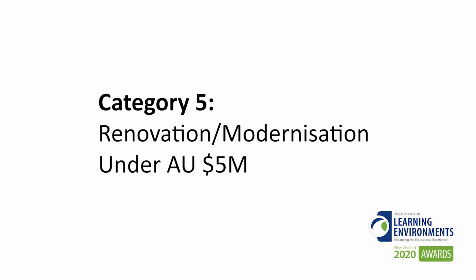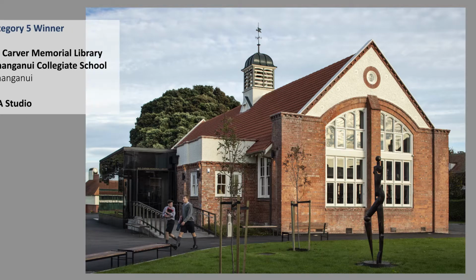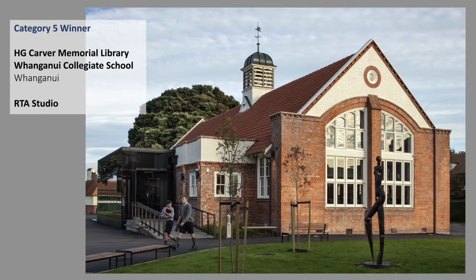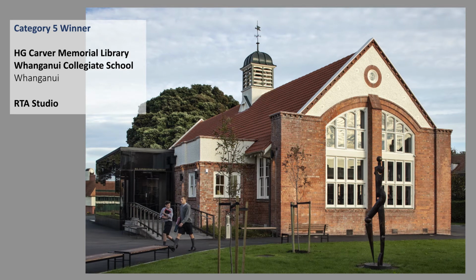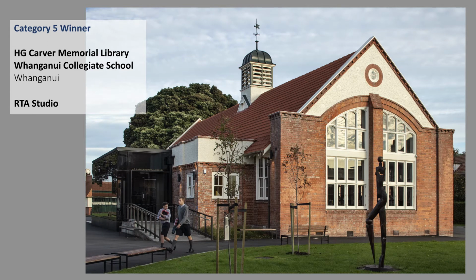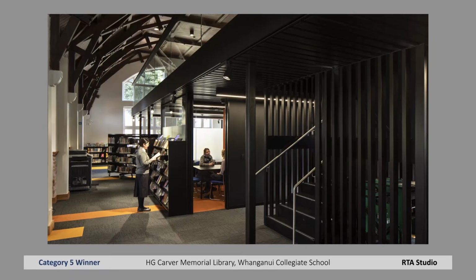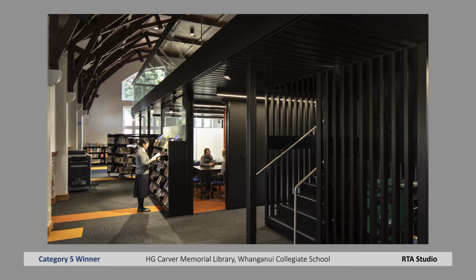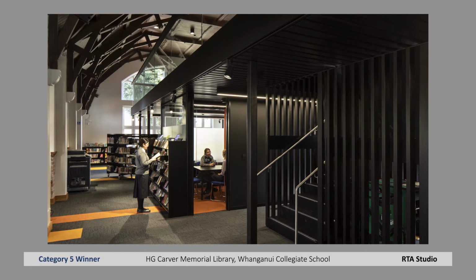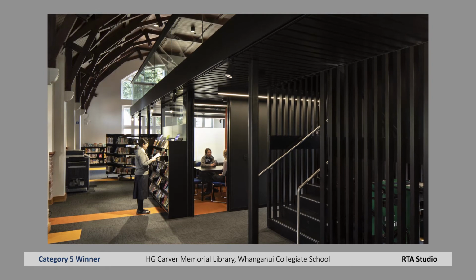Category 5, Renovation, Modernisation, under $5 million. And the winner is Whanganui Collegiate School, H.G. Carver Memorial Library, RTA Studio. The H.G. Carver Memorial Library project at Whanganui Collegiate School has converted a dining hall built in 1911 into a vital place for learning. With an open floor plan and modular, flexible, multi-use furniture, the design has influenced educators' understanding